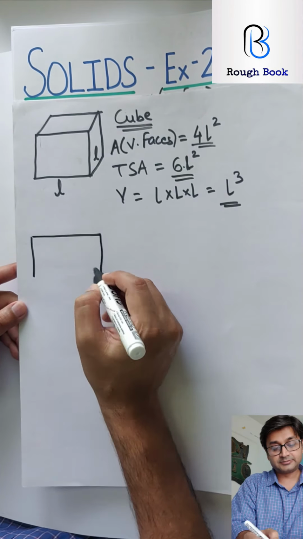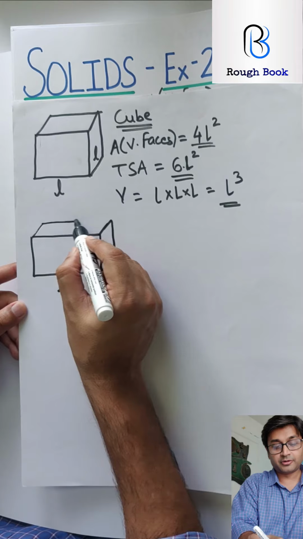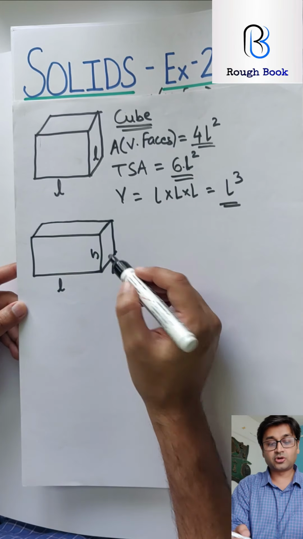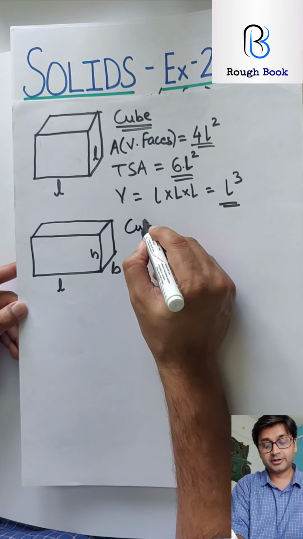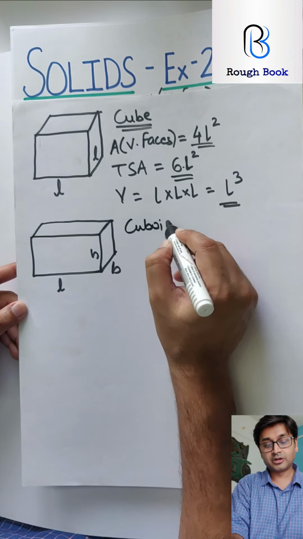So three dimensions, therefore 3D figure. And this 3D figure ultimately will form into a solid. So the next solid is this one called a cuboid, or you can call it a rectangular parallelepiped. Again in this you have vertical faces, total surface, and volume, but this time we will derive it and